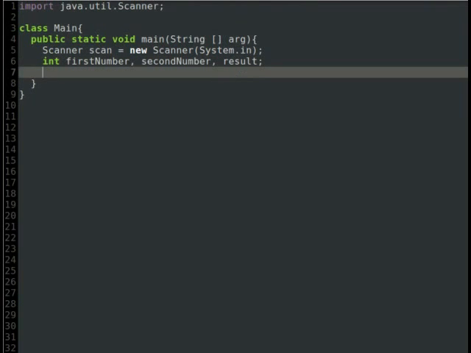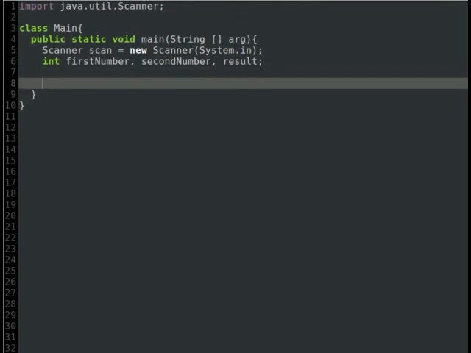So now that we have our variables, let's first ask the user to enter two numbers. So we'll ask the user to enter the first number, and we'll say System.out.print and not println this time, because we want that once the message is printed, the cursor should not move to the next line. So print ensures that the cursor stays on the same line on which the output of the print has ended. So we'll say please enter the first number,